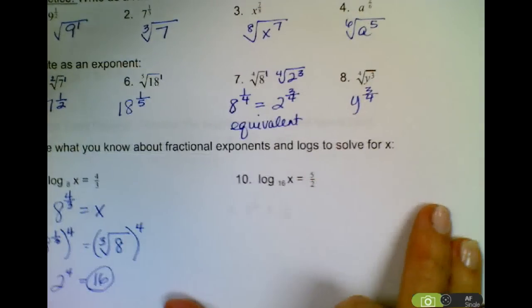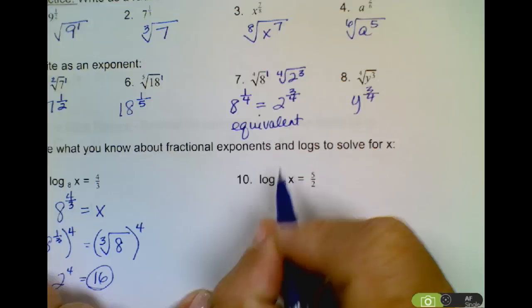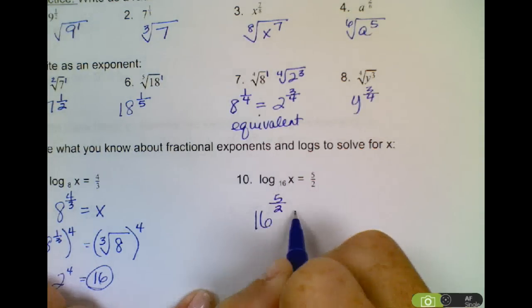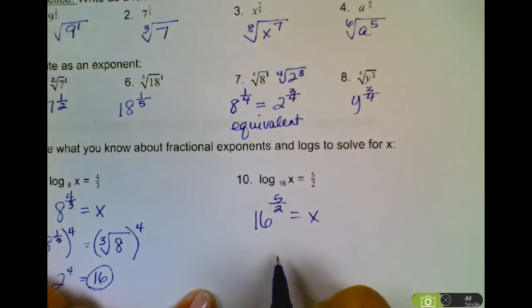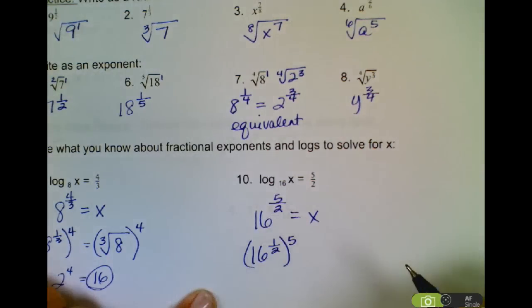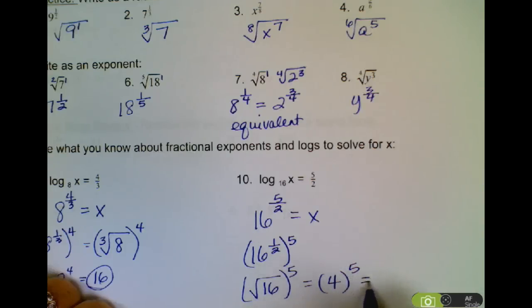All right, last one. Log base 16 of x equals 5/2. Rewrite as an exponent, so it'll be a base of 16 raised to the 5/2 equals x. This is the same as 16 to the 1/2 times 5. 5 times 1/2 is 5/2. This means the square root of 16 to the 5th. So the square root of 16 is 4. I'm going to raise that to the 5th, and I get